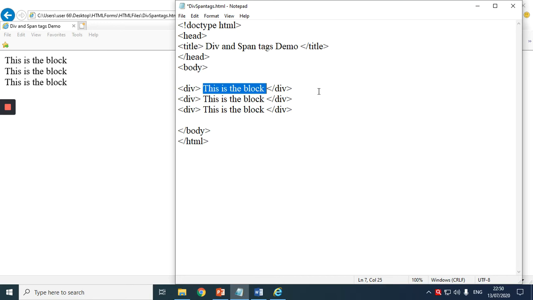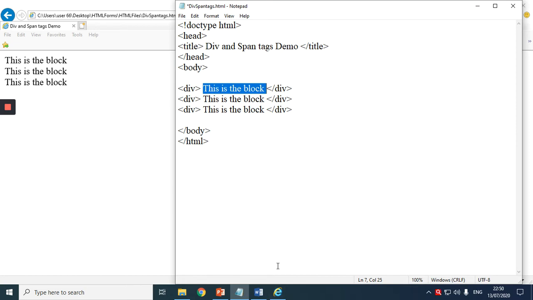So if we want to apply formatting, say I want each of these 3 blocks in 3 different colors. So what should I do? I have to apply CSS to it, right? So for every division tag, we need to apply CSS using either inline or internal, correct?